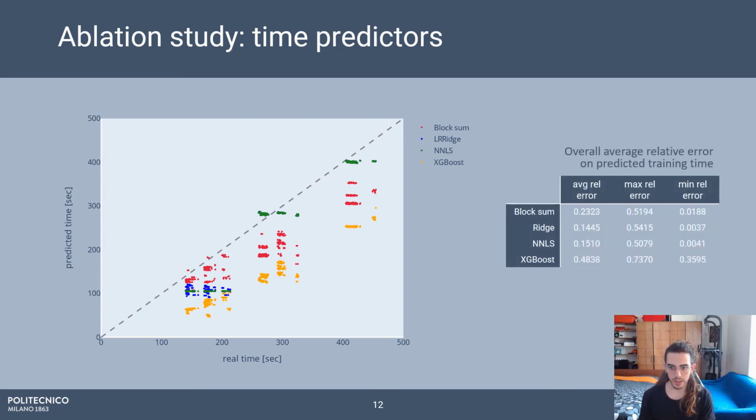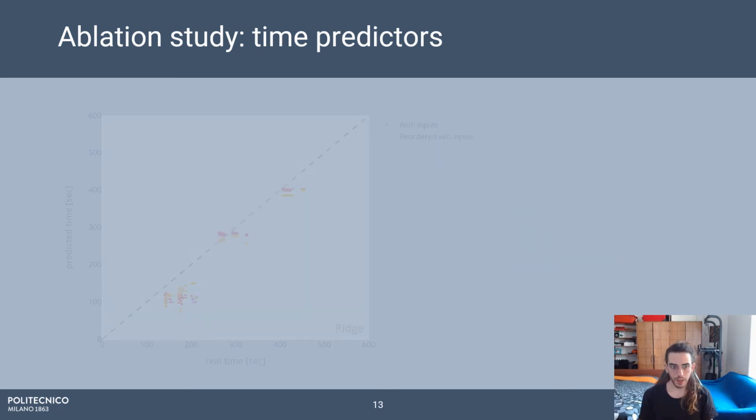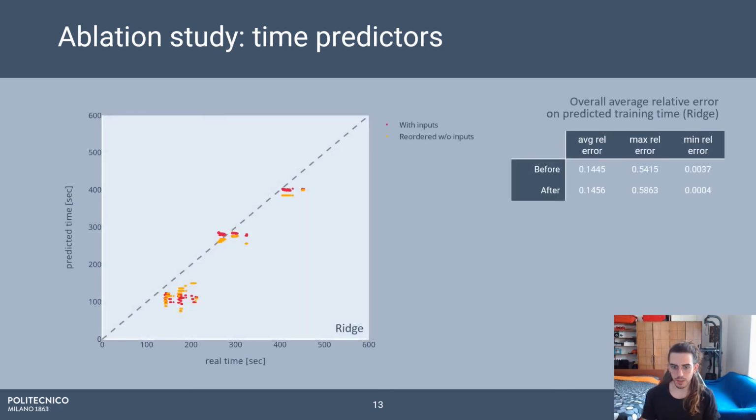According to these results, we have chosen to select the 2 most performing algorithms, which are actually the ridge regression and the NNLS algorithm. In this slide, you can see the performance of the ridge regression with the input, as I told before, the cell input, and without the input and with the dynamic reordered index.